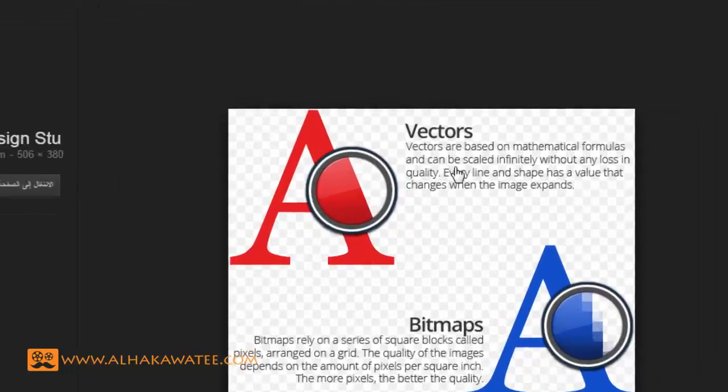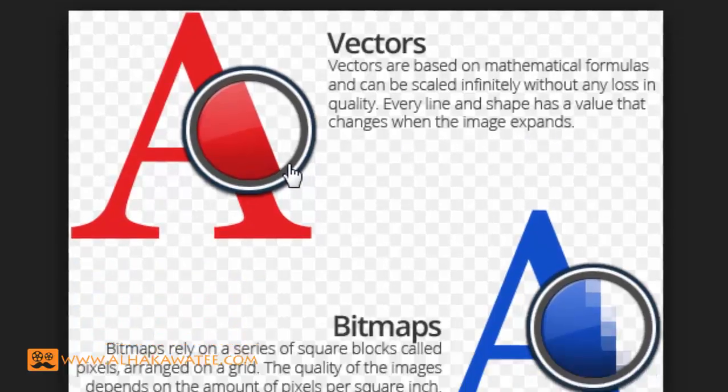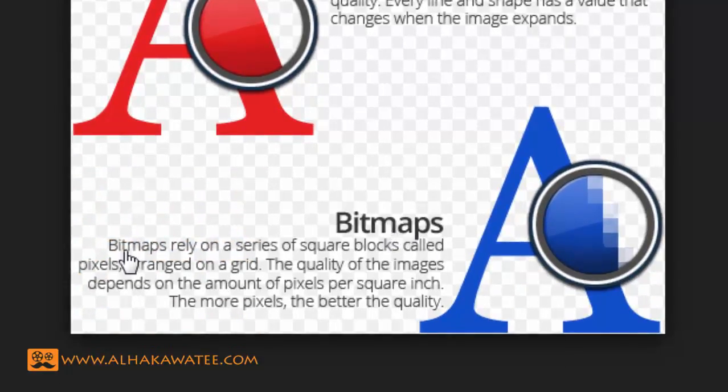Okay, let's go in more detail. Vectors are based on mathematical formulas and can be scaled infinitely without any loss in quality. Wow, see here, when we zoom in or scale it up, you can see it's still sharp and loses no quality. Every line and shape has a value that changes when the image expands. Good. But bitmaps